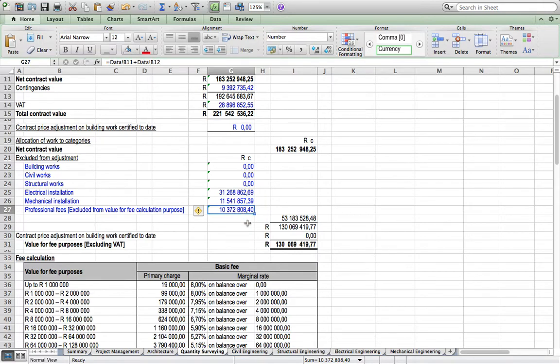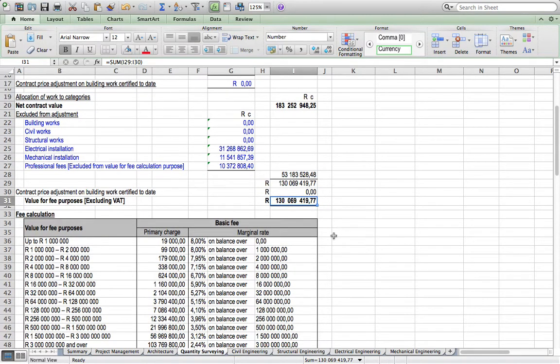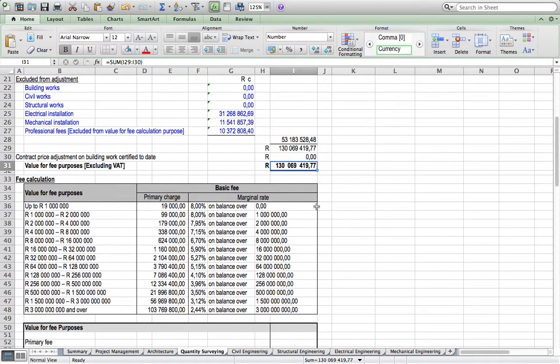Then with less professional fees, the total is 53 million, which you have to deduct from 183. Then we have the value for fee purposes for quantity surveying, which is 130 million. Then we'll look at this table, which you can find